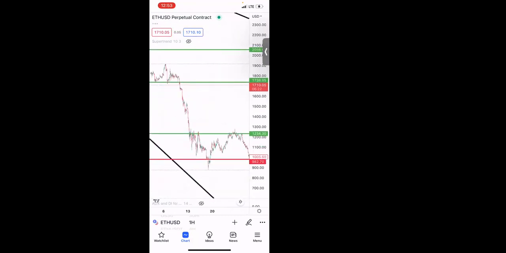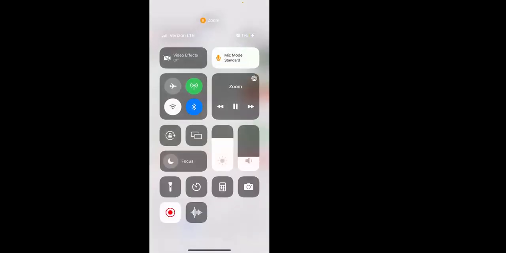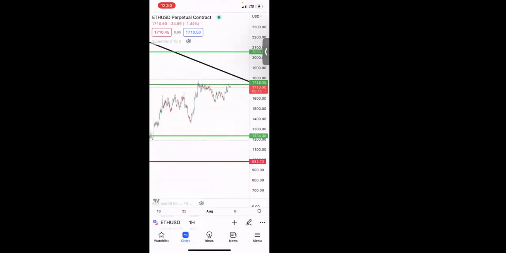In the 1 hour, I'm gonna switch. I'm gonna switch back to candles. Let me see if I can do it like this. And when I go back to candles in the 1 hour,